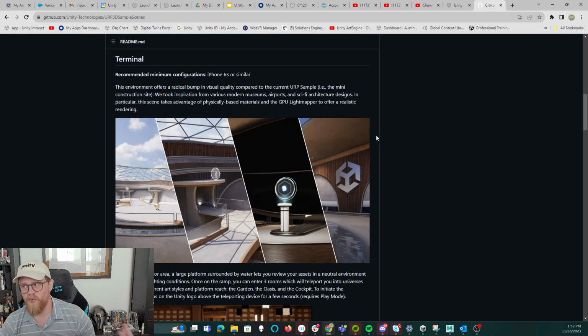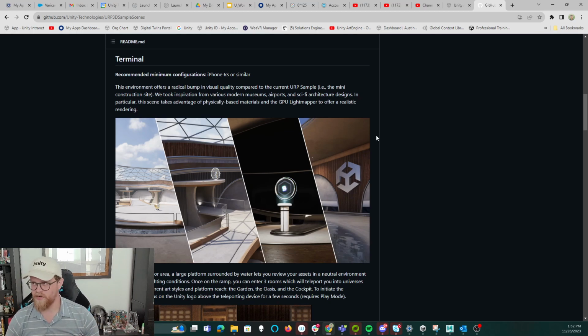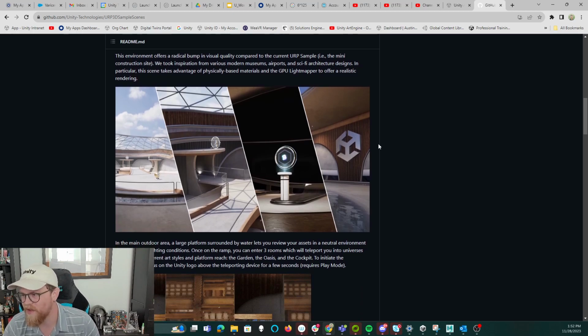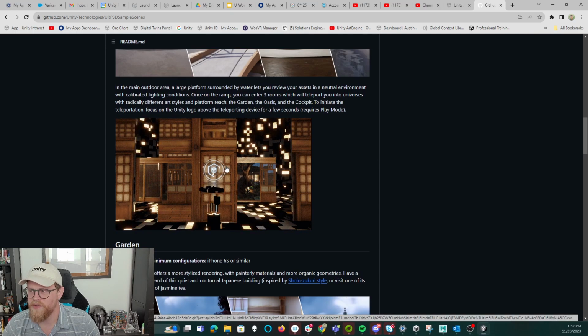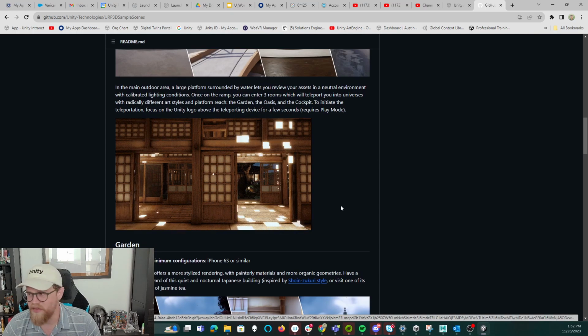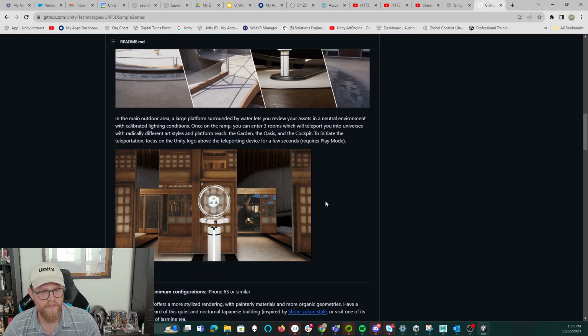The idea is that they pulled some look dev examples from airports, architectural renderings, museums, things that are kind of clean, futuristic sci-fi. And within here, there is an area that you can go up to and essentially jump between the different scenes as they load in. There's a really cool video out I can put in the description